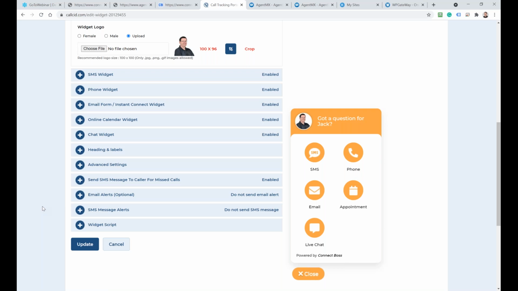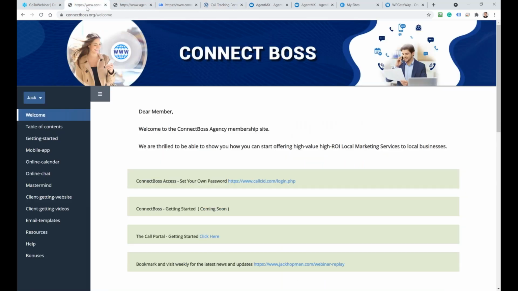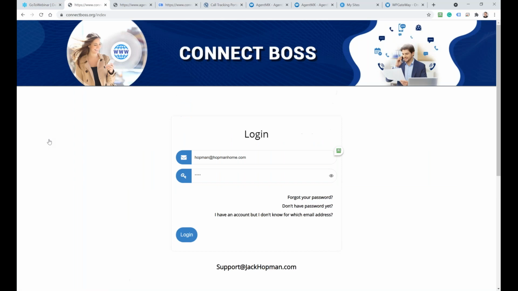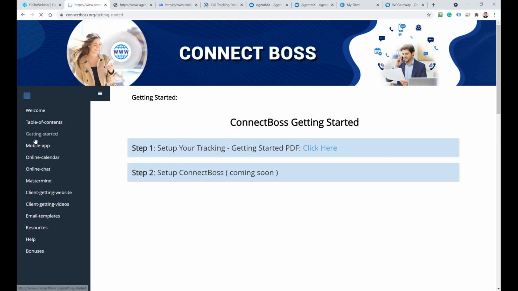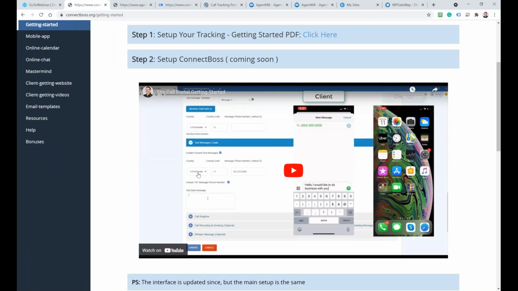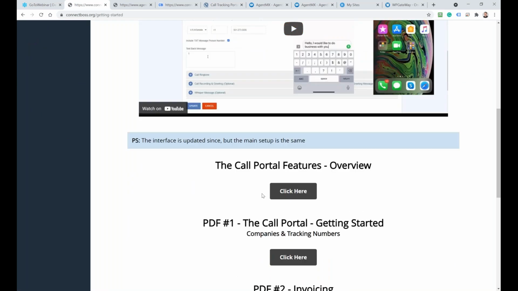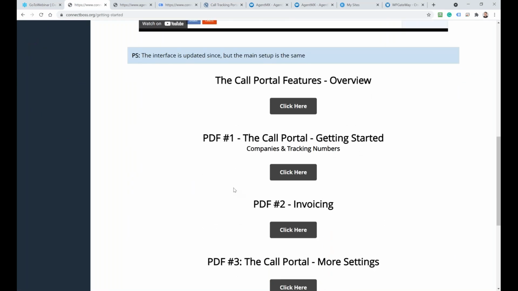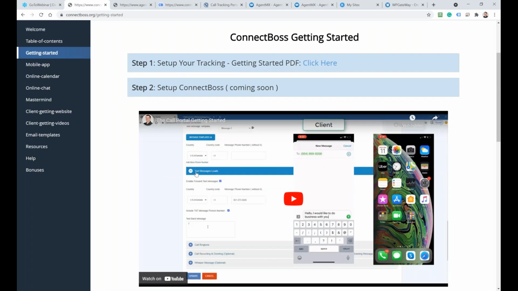So is there training on all of how inside? Yes, I created a membership site. Okay, you guys see this? I'm timed out now. Getting started: Connect Boss getting started, and first you need to set up your tracking number, and then once you set up the tracking number in Connect Boss, what we covered today,